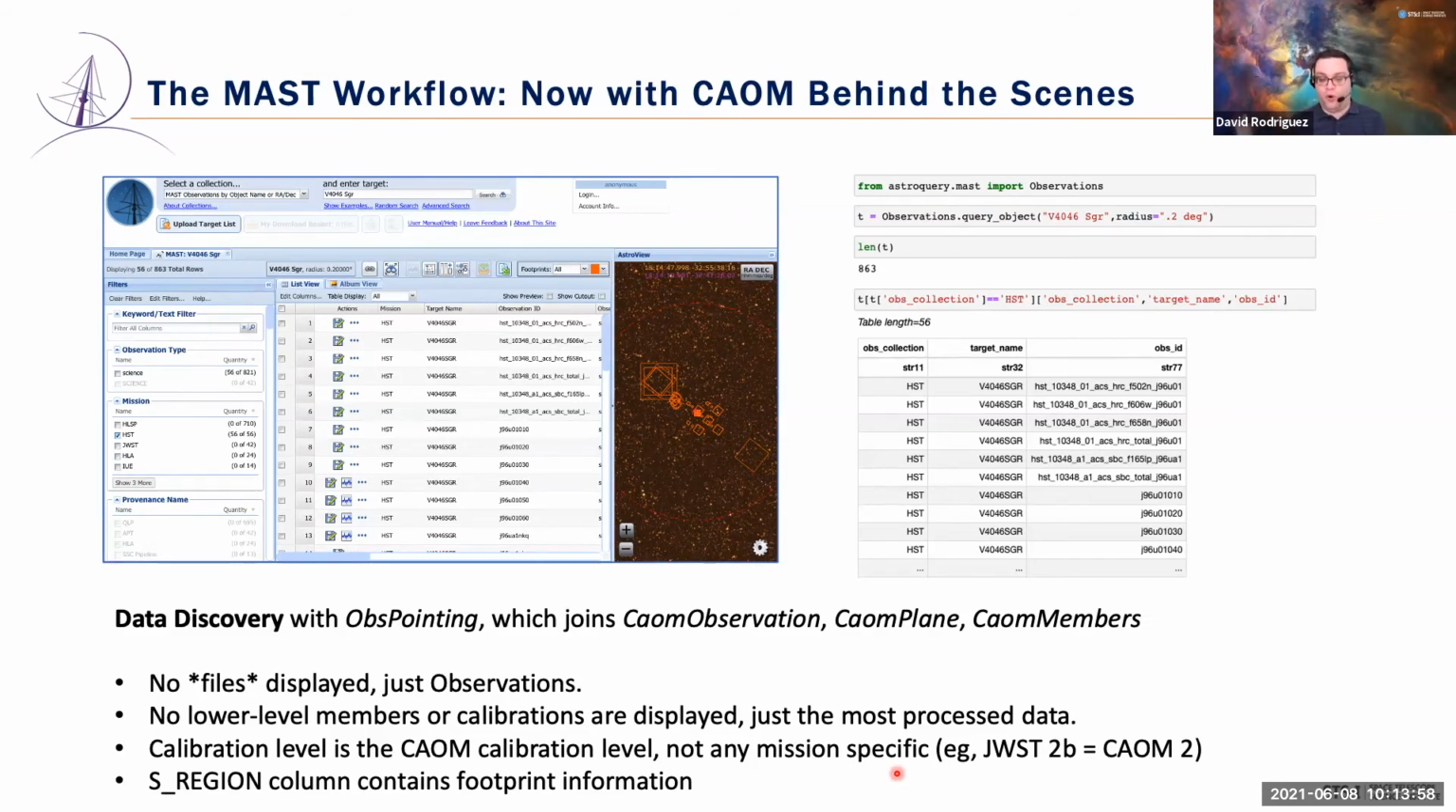Similarly, once we get more along with Roman, you may encounter things like Roman level 5. That is exactly the same thing as CAOM level 4. So this is a decision we've made because we want to make sure that when you search for calibrated data, you find calibrated data regardless of what the mission specific terminology is for that. So the power of CAOM is abstracting away mission specifics to give you the generalized picture. But it does mean that if you want something very specific for a mission, you may have to run through some extra steps to get